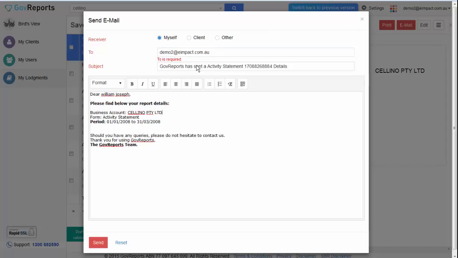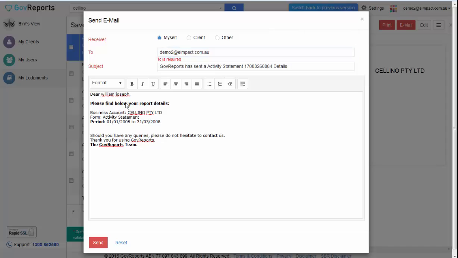you can customize, you can change the subject here. Note, if you have your email configuration set up, then it will be sent from your email. But if you don't have it, it will be sent from GovReports generally.